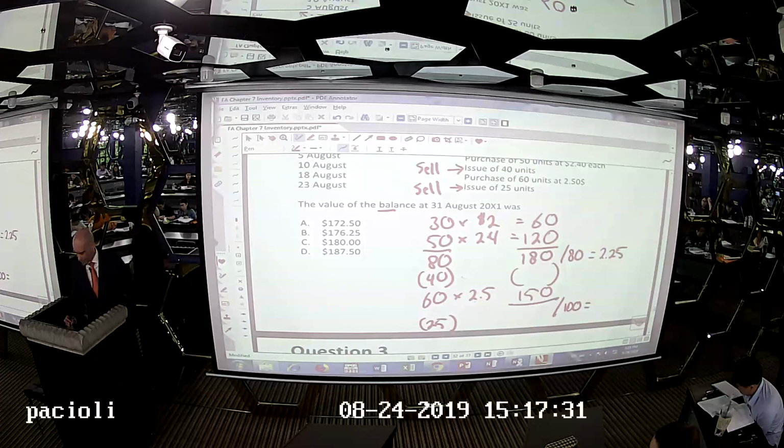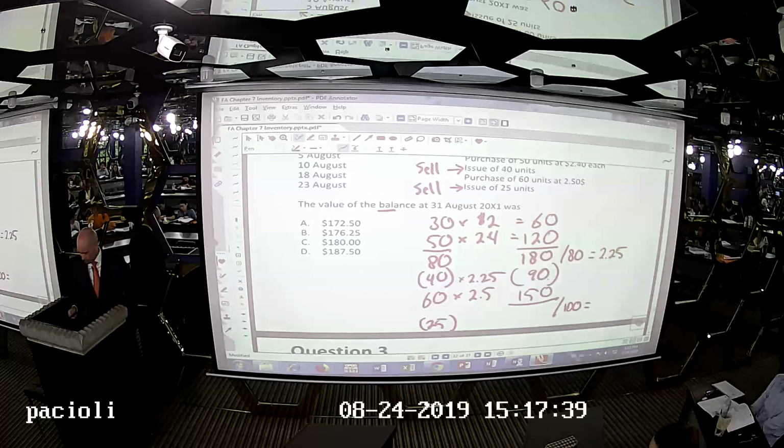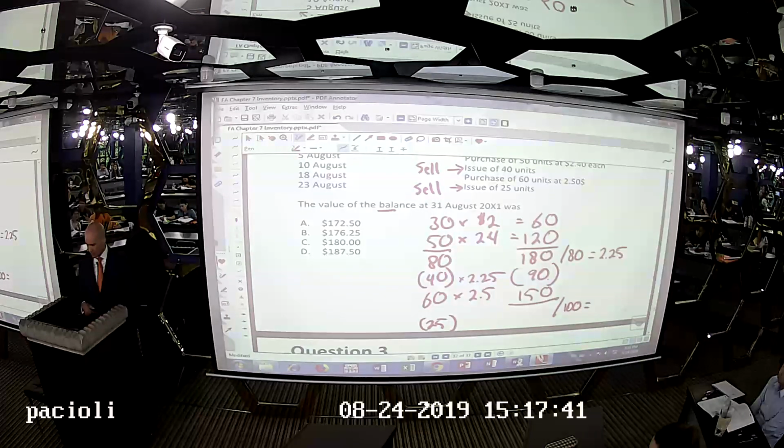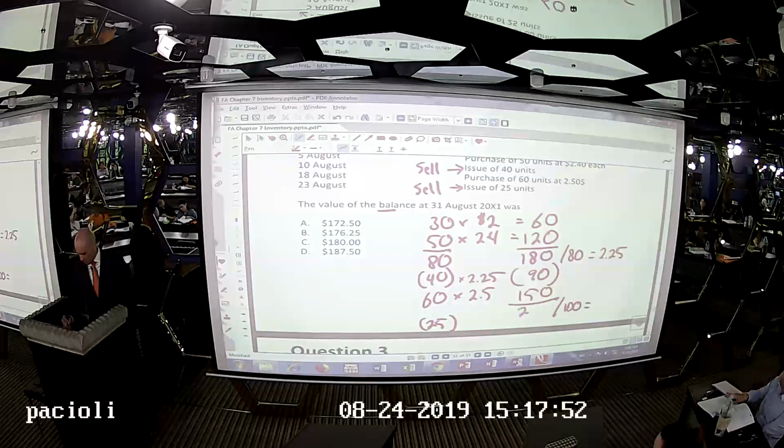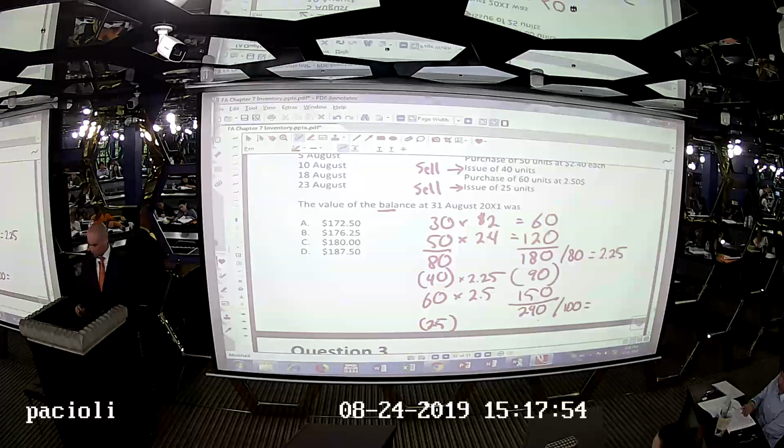And so we sell 40 at 2.25. And that equals 90. And then we buy 60 at 2.5. So 180 minus 90 plus 150 is 240. 240 divided by 100 is